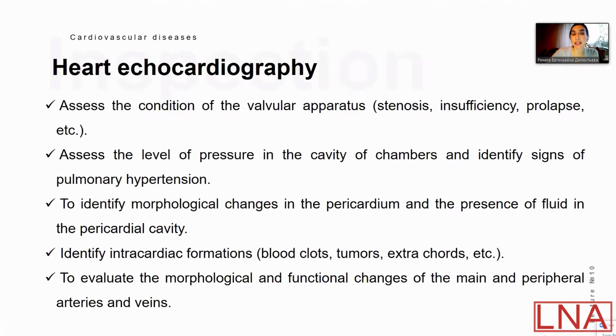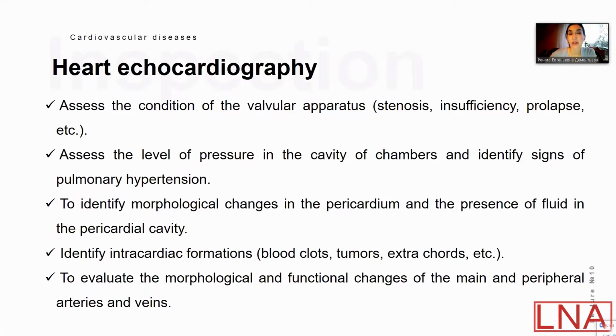Next possibility, assess the condition of the valve apparatus of the heart. We can find stenosis of any kind of valve: mitral, tricuspid, aortic, pulmonary. We can find regurgitation or insufficiency. We can find damage like a prolapse of one cusp of the valve, which can also lead to the formation of valve defects. Also, we can assess the level of the pressure in all chambers and identify signs of